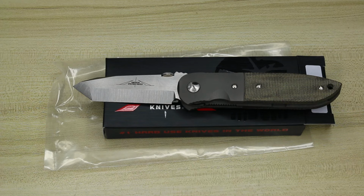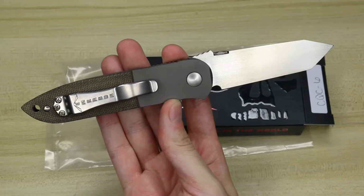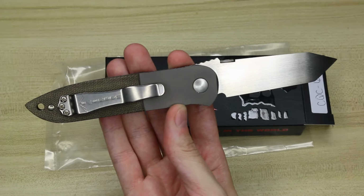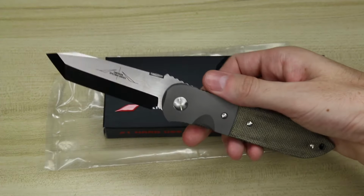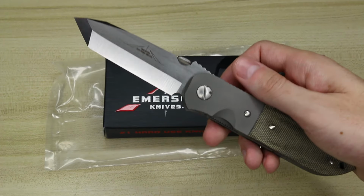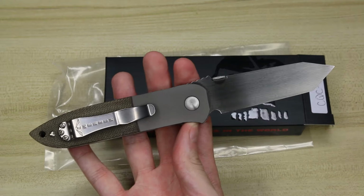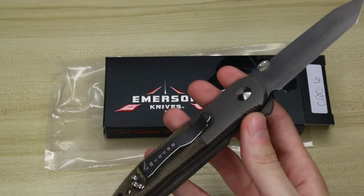It is an Emerson Custom CQC7. These can only be purchased either on the secondary market or through a lottery system, which is basically an event on its own where you put your name into a drawing. If your name is picked, you can go up to the table and buy one of his knives. Now,